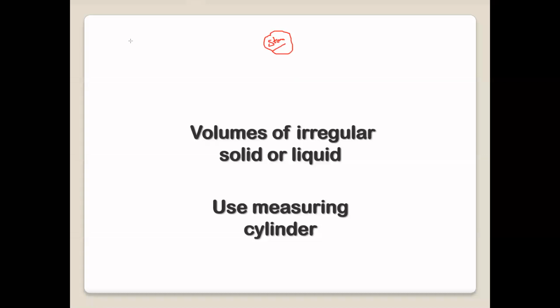How do we use a measuring cylinder? It is a cylindrical tube which has a scale, and it can measure in centimeter cube. Maximum it can measure 100 centimeter cube. So first we will fill the measuring cylinder with the liquid, and when water is there, we always read the lower meniscus, because there are two meniscus.